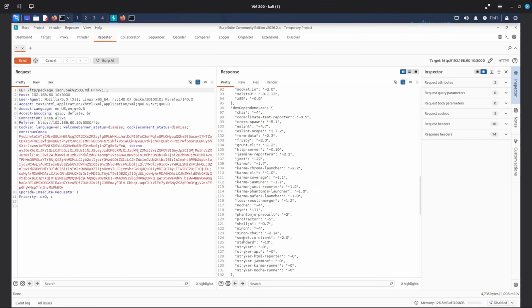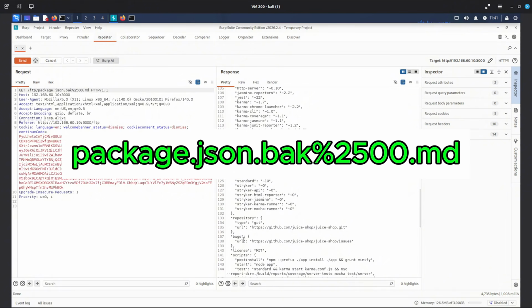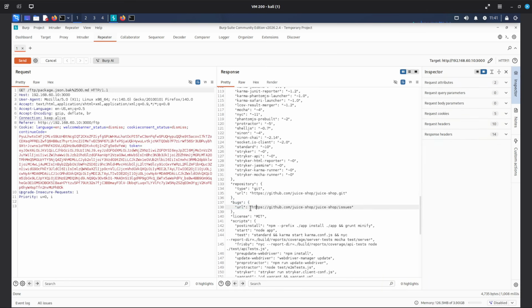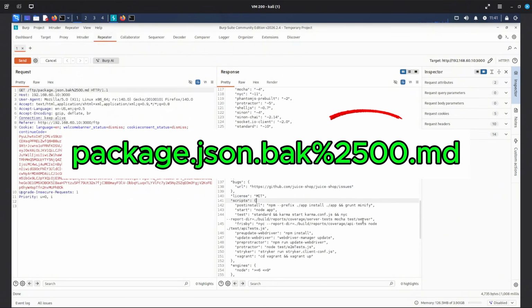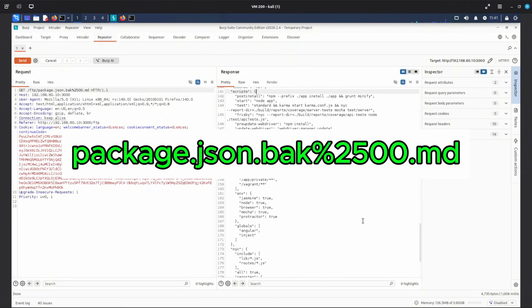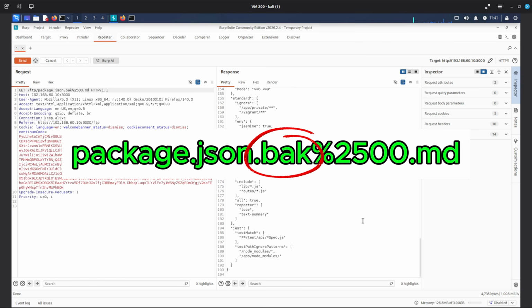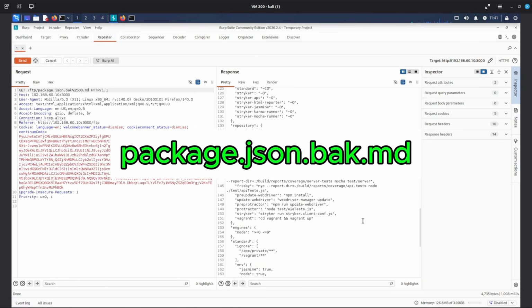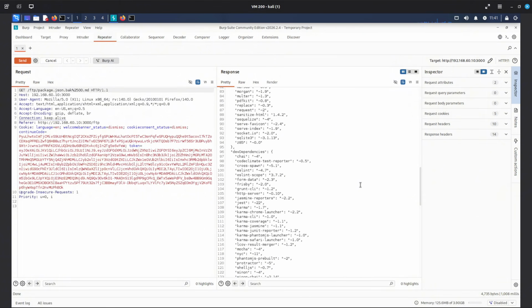So the trick is that the server-side validation sees the request as if it ends with .md, which passes the extension check. But later, when the path is processed, the null byte can cause the file path to be treated as if it ends earlier. So this request can pass the filter because it appears to end in .md, but